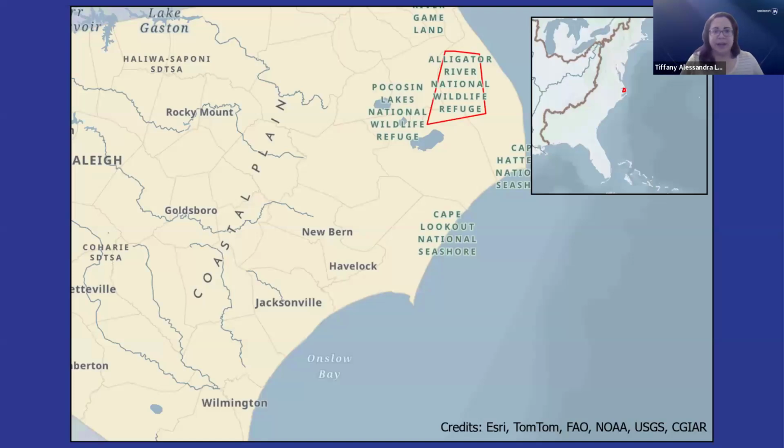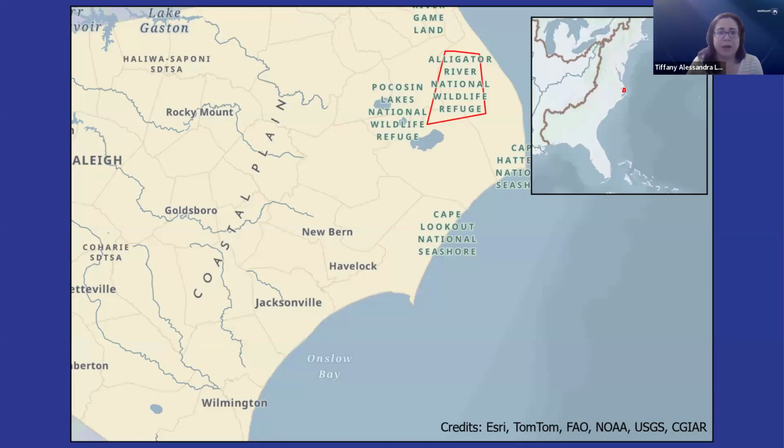This is the study area. It encompasses the Alligator River National Wildlife Refuge in eastern North Carolina. It's in the red outline there. It was established in 1984 to protect a type of wetland known as pocosins and its associated plant and animal